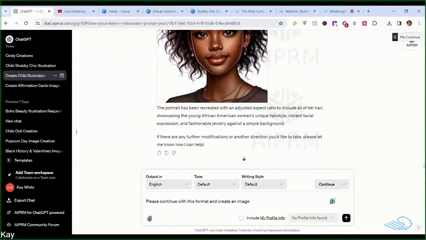Once you've done this a few times, typically ChatGPT will become intuitive enough to know automatically what you're expecting and will create that for you. But since this is something that I was working on previously, I'm going to go ahead and put it in here again and just be very clear, saying continuing with this format. Please continue with this format and create an African American young girl